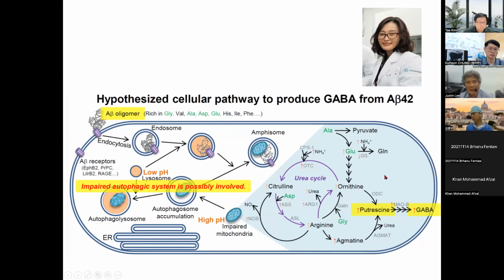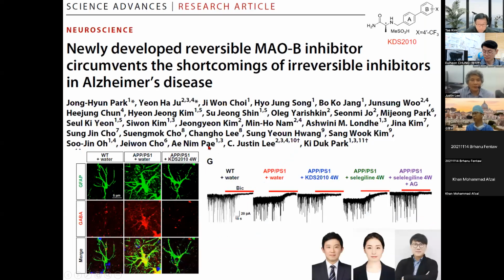And we are systematically, one at a time, from the bottom up, trying to demonstrate whether this whole pathway exists. So that was 2014, about 8 years ago. Since then, we have developed this reversible MAO-B inhibitor because the irreversible MAO-B inhibitor like selegiline had a problem. If we use selegiline for 1 or 2 weeks, the drug worked perfectly by blocking the GABA synthesis. But if we used it for about 3-4 weeks, longer than 2 weeks, this prolonged use of the drug selegiline, for example,